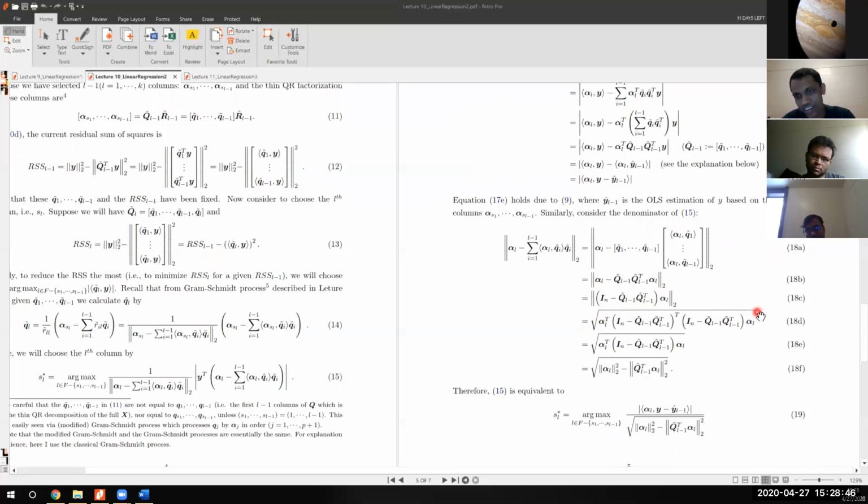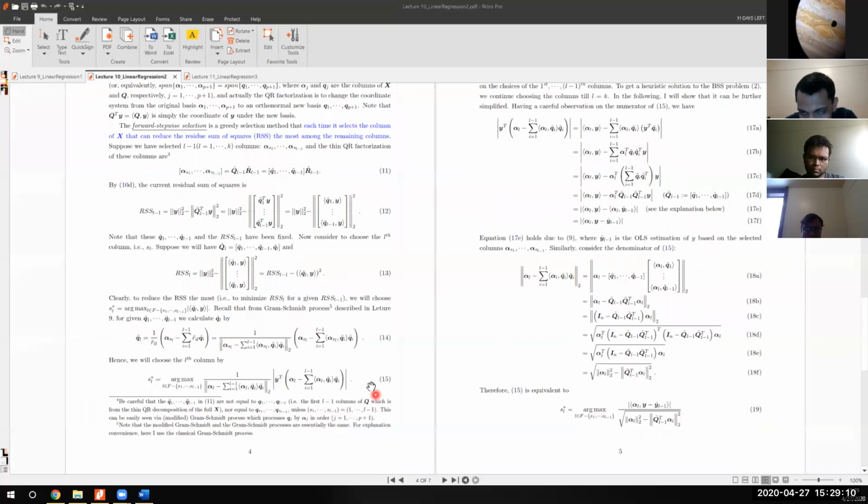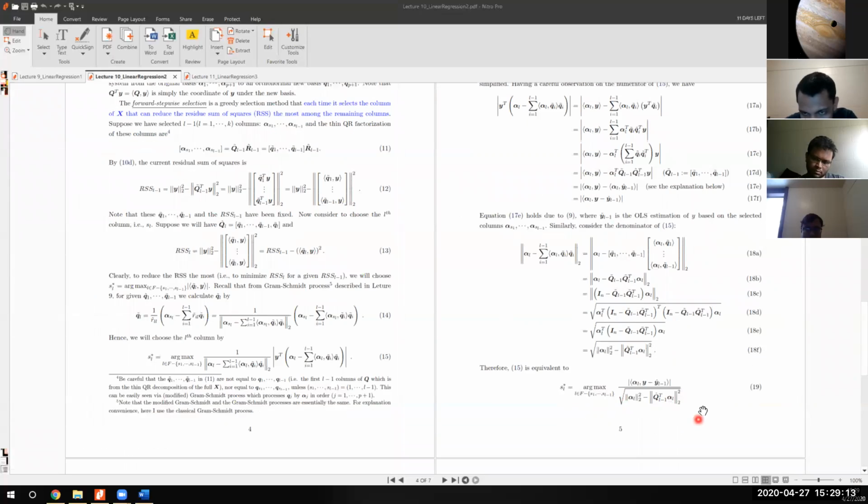And then I do further things because I don't have a square here. So I have to add a square root here of this. And again, use the trick, which is this one times this one is itself, okay? Then I get this. And by the way, here I and also Q L minus 1, Q L minus 1 transpose, both of them are symmetric. Now I have this. And then after one step of simplification, I have this. So finally, 15 is equivalent to this, 219. Looks nice. It's much easier than this one, see it? Although, to be honest, in terms of calculation, it's the same, because no matter what, you have to use this way to get the Q. But it looks more beautiful